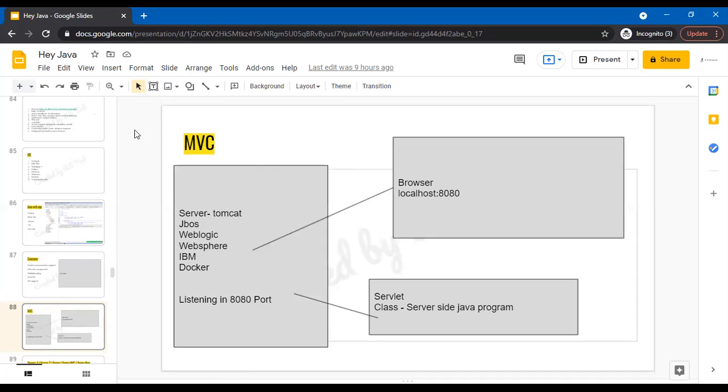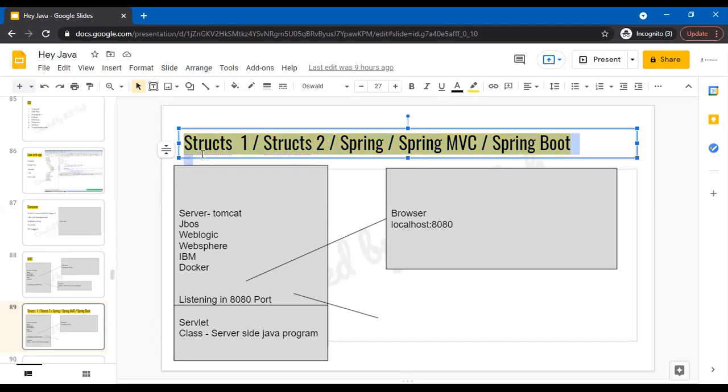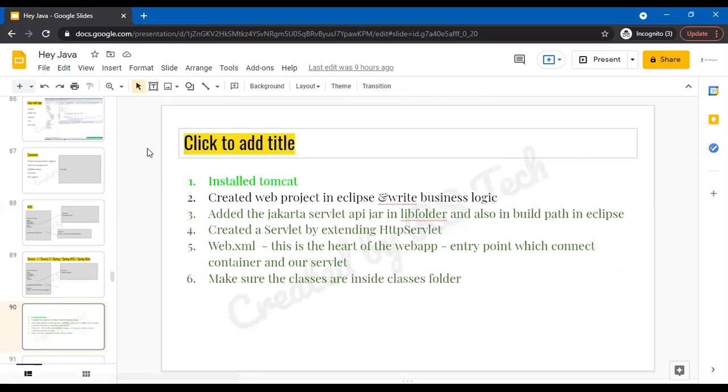So what is an MVC, model view controller, where view is the page, model is the data, and the controller is the orchestra, which does the work of orchestration to various components, J2EE components. So Struts1, Struts2, Spring MVC, and Boot. Actually, I didn't take anything on Struts1, Struts2, but I just use this to give an analogy of how things came up to Boot from Struts1.